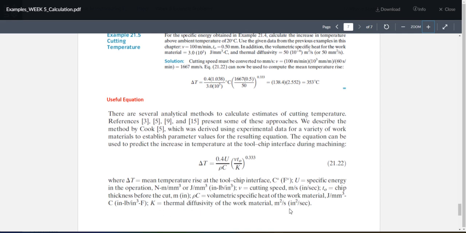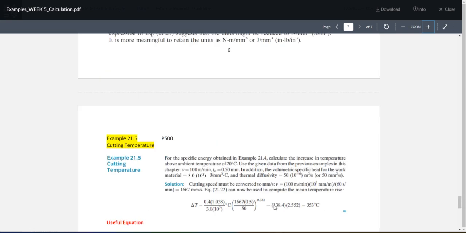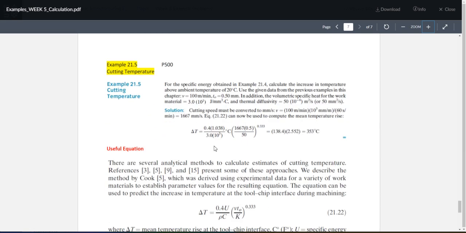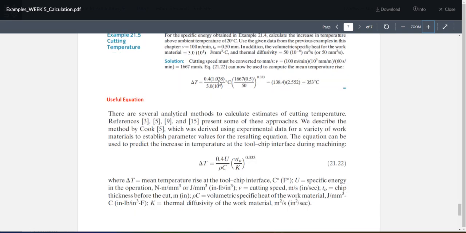The K is thermal diffusivity, and this will be in square meter per second. Again, if I go to this question, you need to put the units exactly as what we have here. Don't try to change that, because this will give you a different value for the increase in temperature. Just remember once again, this is the increase of the temperature, and the final temperature of the part is going to be equal to this change plus the original temperature of the part itself, like 25 degrees, which is room temperature. Okay, thank you very much, and ready for any